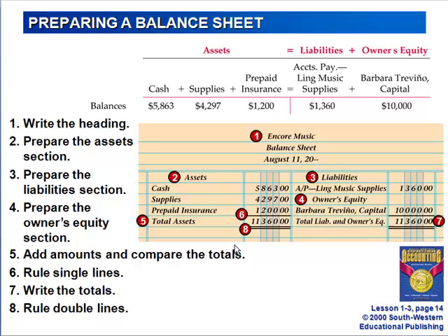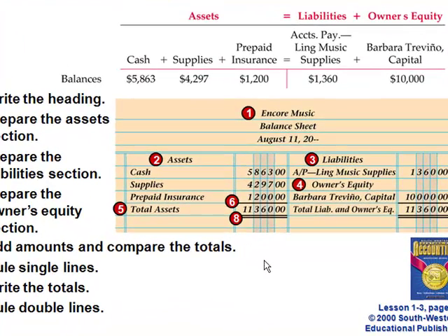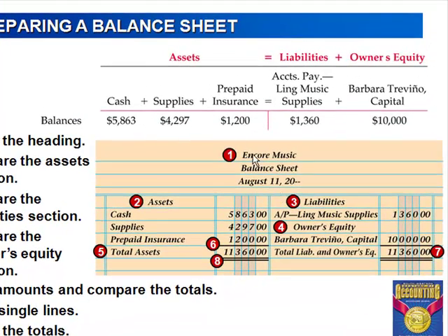Okay, we are doing lesson 1-3 from page 14 in your textbooks, and we're going to prepare a balance sheet. Right here is the finished balance sheet, and this goes right along with our accounting equation: assets equals liabilities plus owner's equity. Okay, when you first start a balance sheet, you're going to have a blank page, and you're going